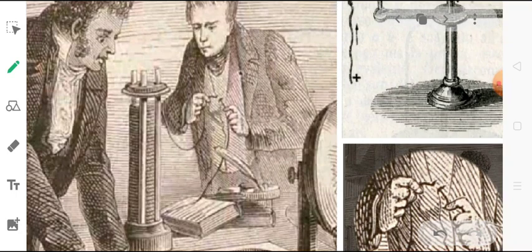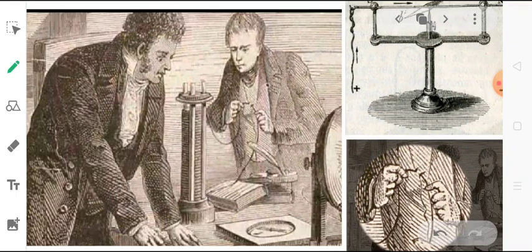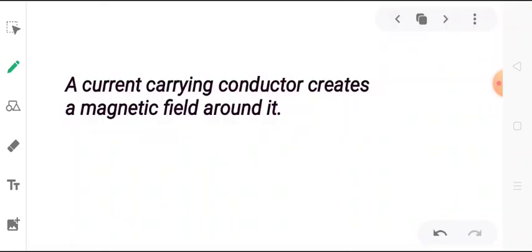For his discovery, the Royal Society of London awarded Ørsted the Copley Medal in 1820. Ørsted's findings stirred much research into electrodynamics throughout the scientific community, influencing French physicist André-Marie Ampère's development of a single mathematical formula to represent the magnetic forces between current-carrying conductors. Ørsted's work also represented a major step towards a unified concept of energy. Through his experiment, he proved that a current carrying conductor creates a magnetic field around it.